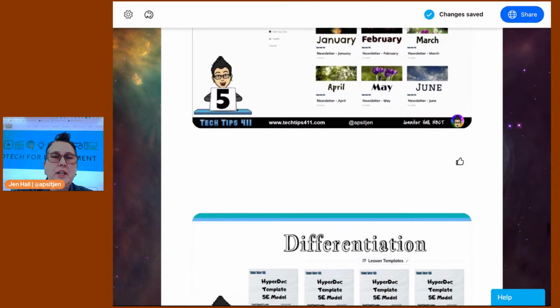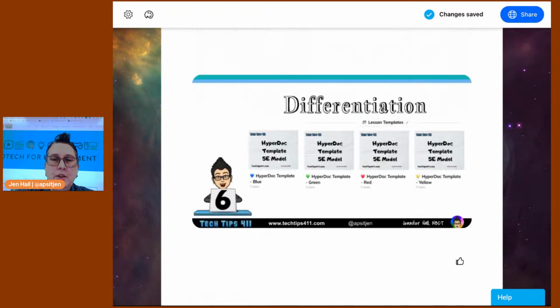I mentioned differentiation, and I just want to touch on that because it's the ability to copy and paste content in there. So I can copy and paste articles and text. I can use that Immersive Reader. I can add in certain links for certain levels of students. And this is that example of having 4 different ones for your different levels. So maybe you might use different colors, or maybe you'll use just background images. But I love that it's a great way that I can start with one plan